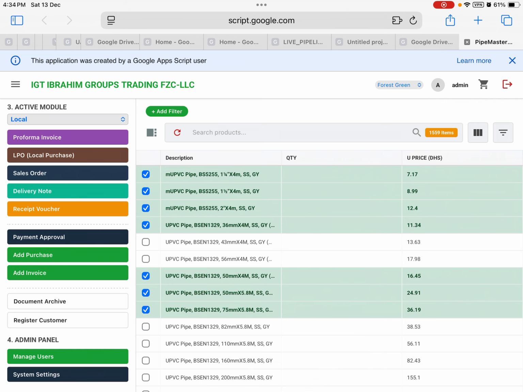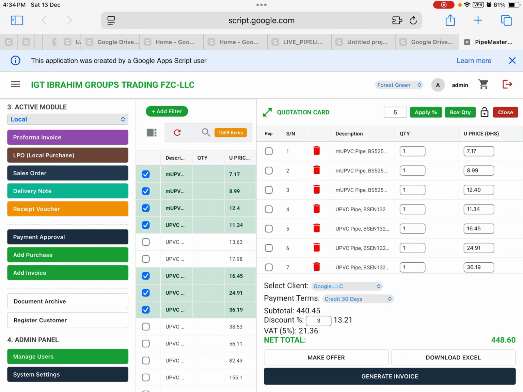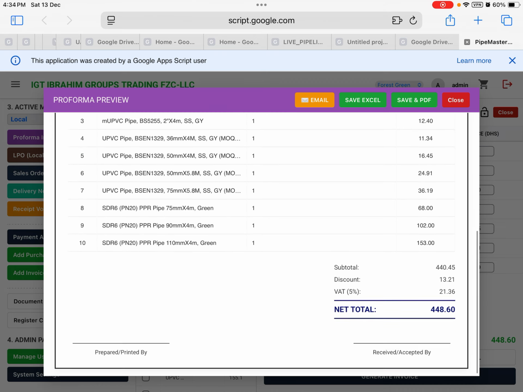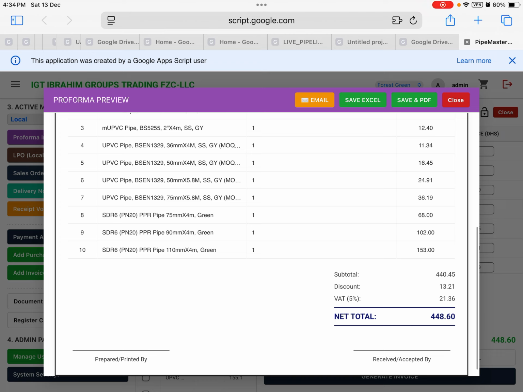Okay, now if you want to customize whatever, you just need to go here, click and select the customer. And see here the two customers, Google and whatever is there. Okay, then click it. Okay, if you want to send a proforma message, just click here. It will make a proforma message for you. Yeah, see here, it's made a proforma message, everything is there.